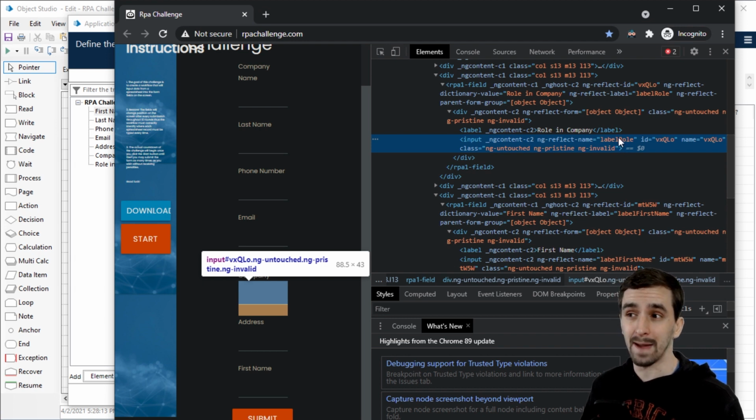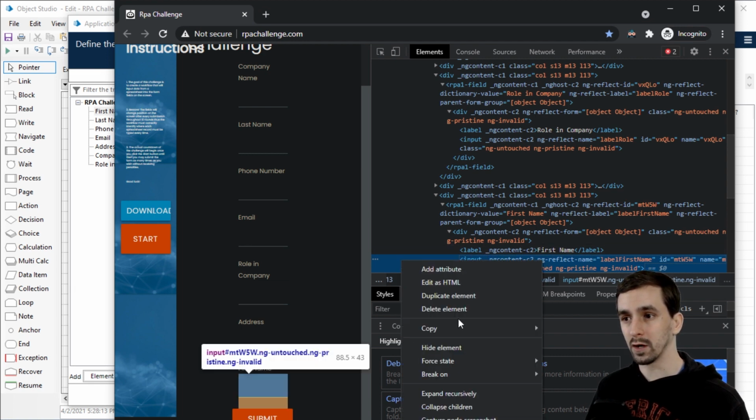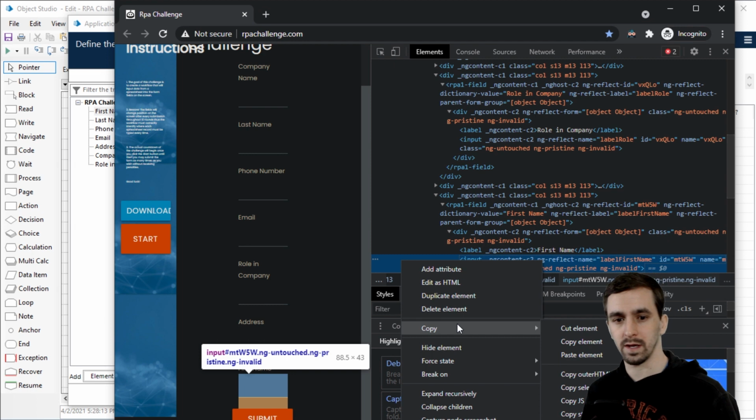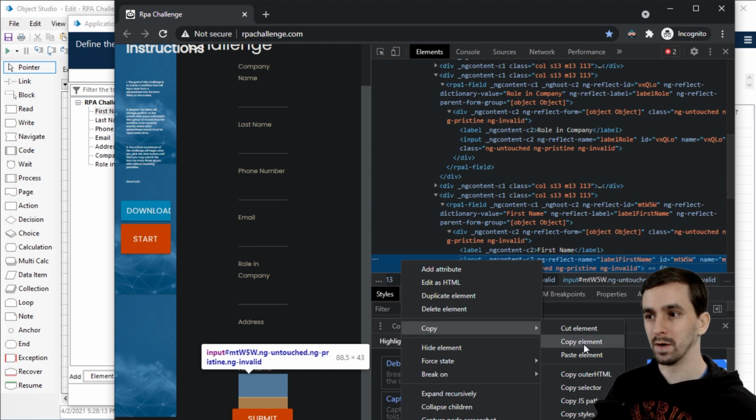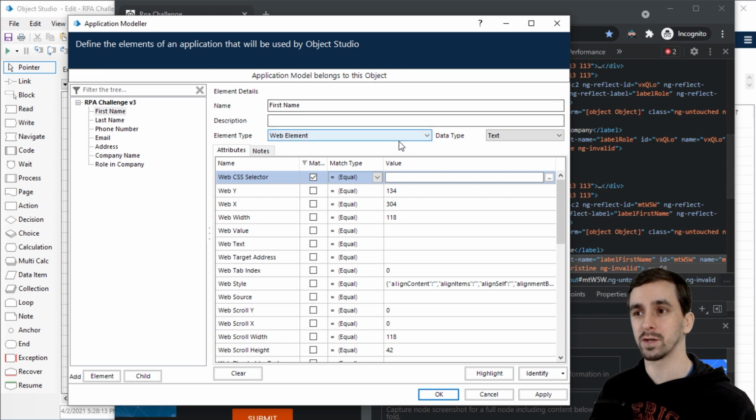And that means I might not need an anchor feature in order to uniquely identify each input field without doing some complex thing like I did last time. So what I'm going to do is use this ngReflectName attribute to identify this specific field. So what I'm going to do is go to what it highlighted, and I'm going to right click on it and go to copy. And this might be, let me get out of the way. There we go. Okay, so click copy element,